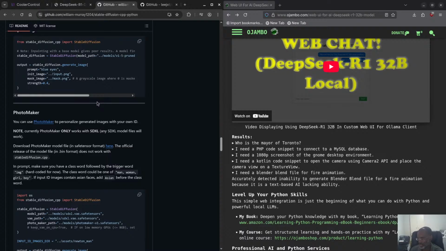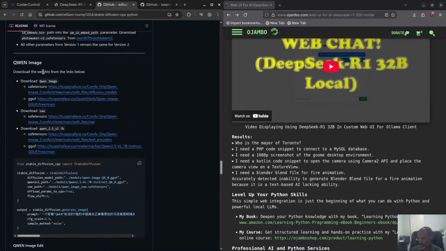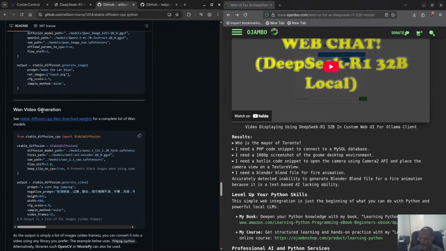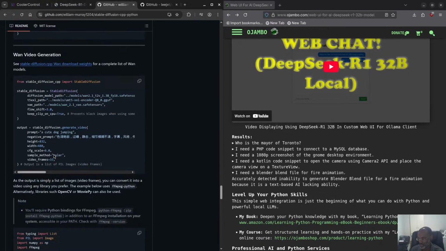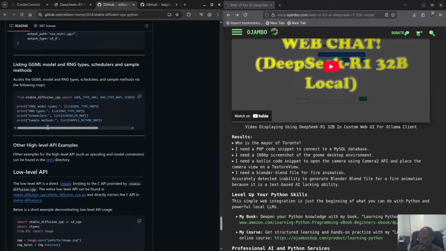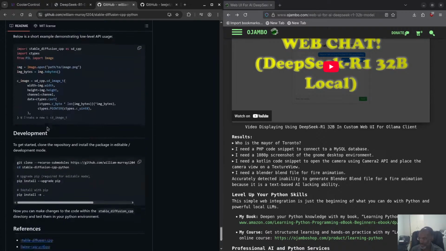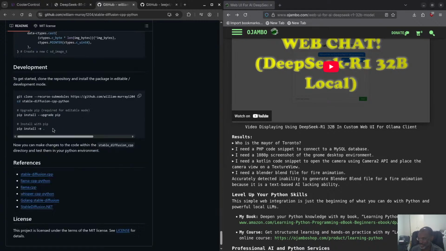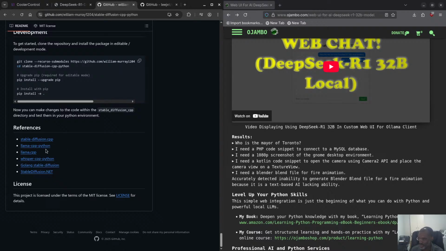So then the library itself actually has more: Qwen Image, and then the WAN video generators. This is what I'm saying. I already have this stuff. They're already as GGUF, so that's why I said before I want to completely wipe out my folder. So we can also do video generations. I already have this as well, so I'm curious to see how fast this will be. You can even go more low-level stuff, which is fine by me. So let's go to the